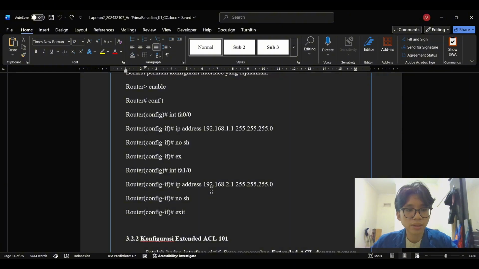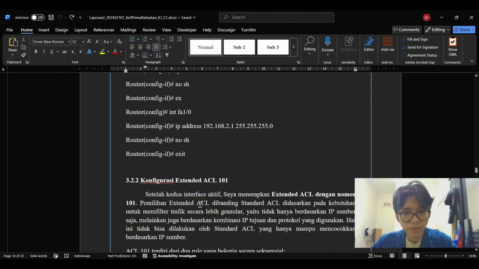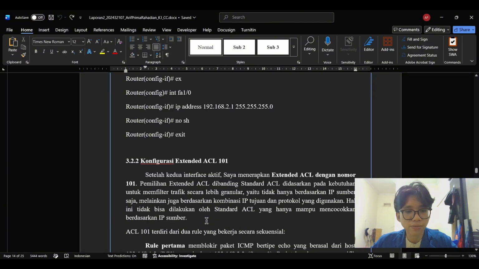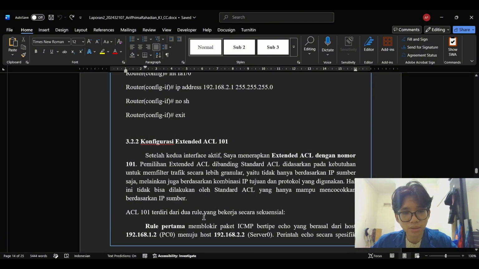The next step was to apply the ACL to restrict certain traffic. Next, I configured the extended ACL with the number 101. The reason I used extended ACL instead of standard ACL is because of the level of granularity needed in the scenario. Standard ACL can only filter traffic based on the source IP address.